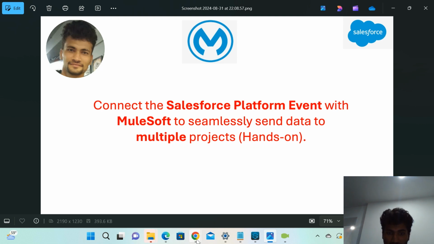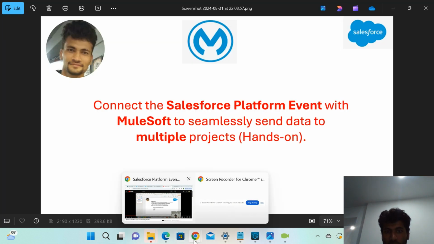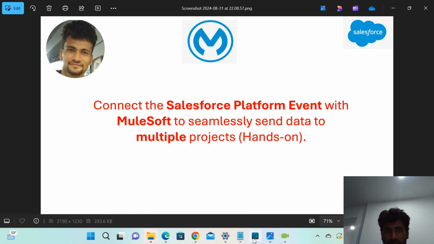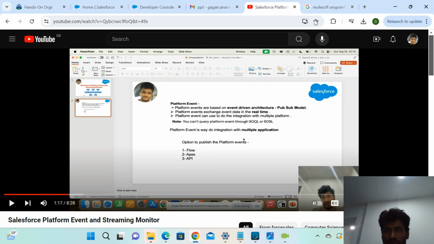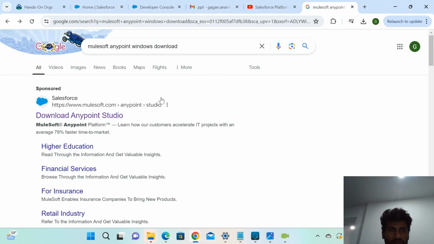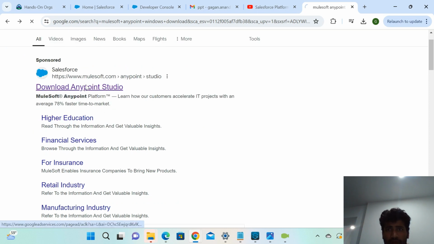For that, first of all, you have to download the AnyPoint Studio. I already downloaded it, so I will just guide you how you can download it. You have to search in Google for MuleSoft AnyPoint Windows download, and then there you will get this option. And here